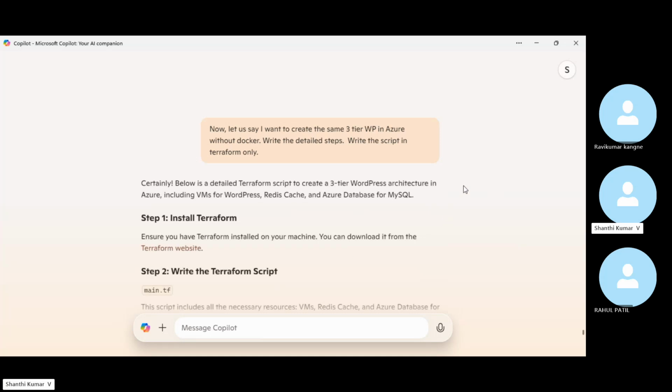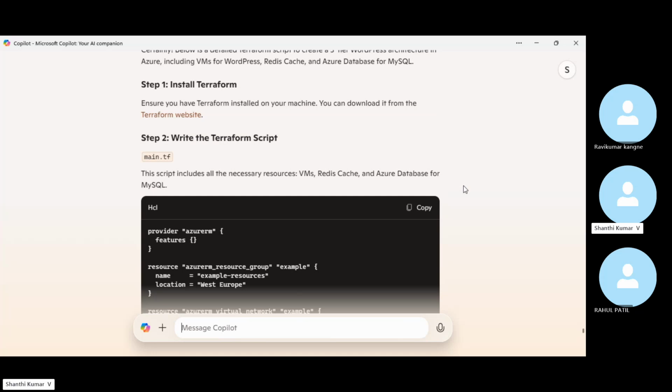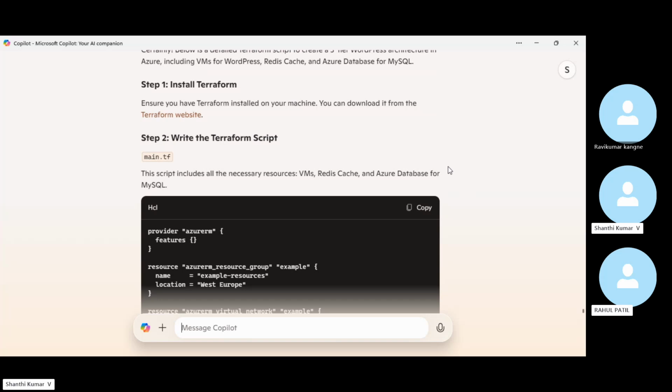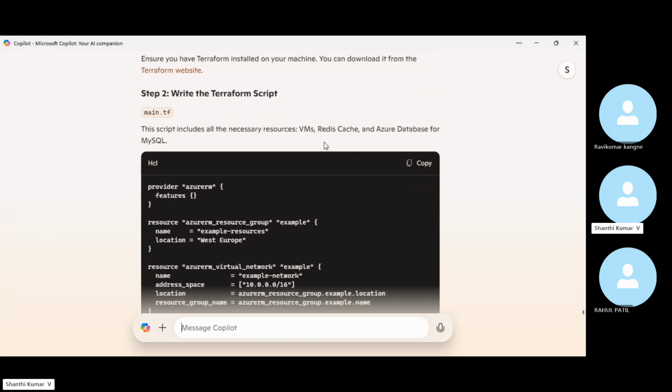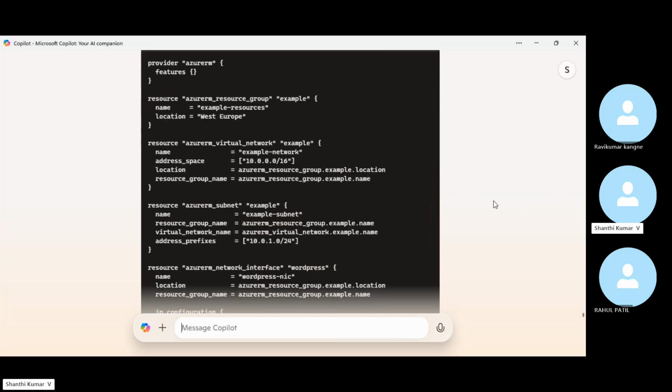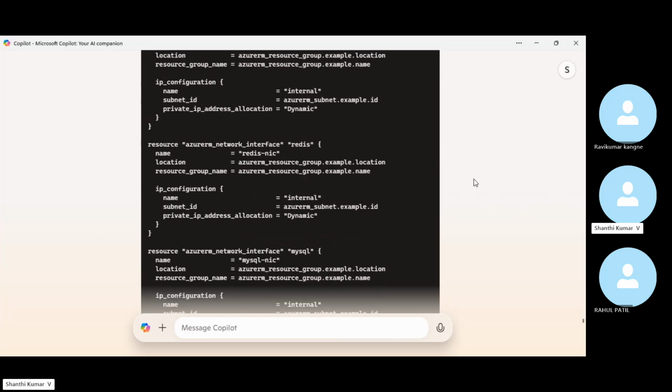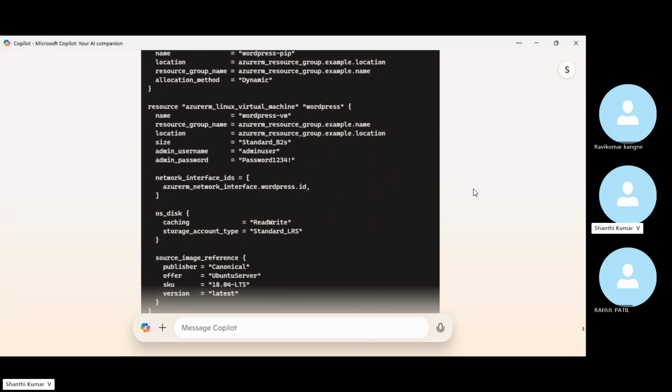Here, the Terraform script has come. In main.tf, yes. So VM creation, Redis cache, and Azure Database for MySQL. These are the code snippets. You know about it, you will be understanding that. Yes. Okay. Then later